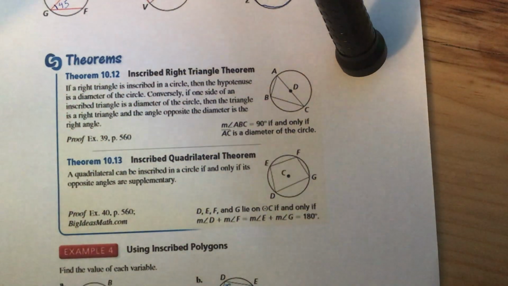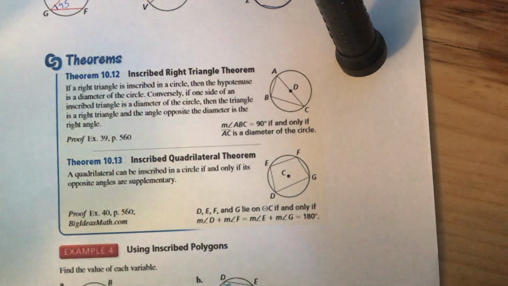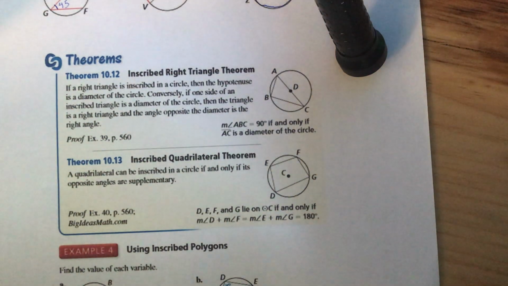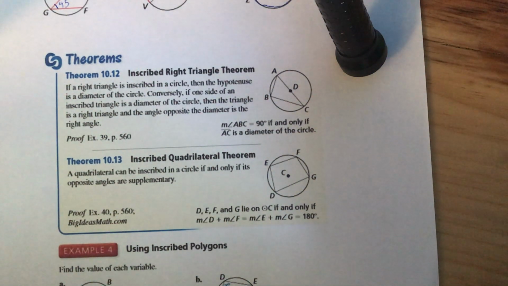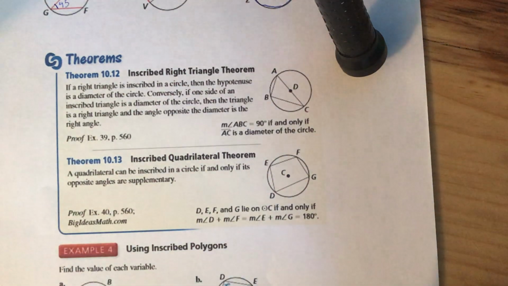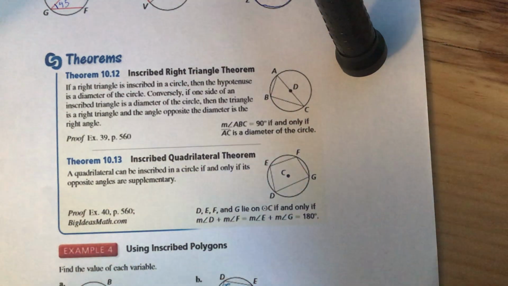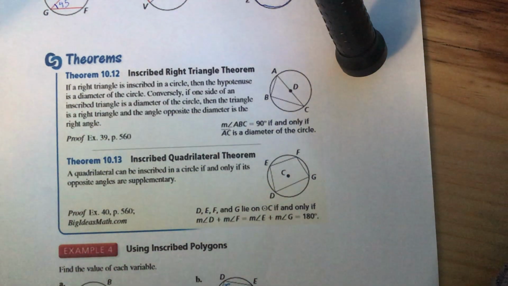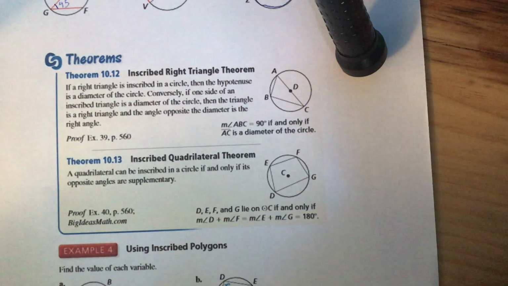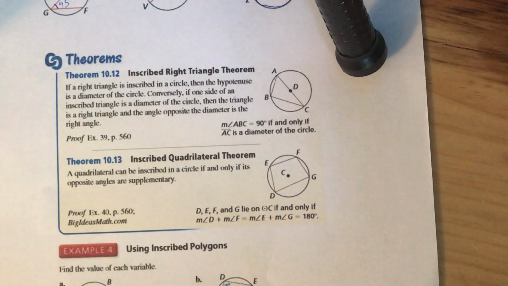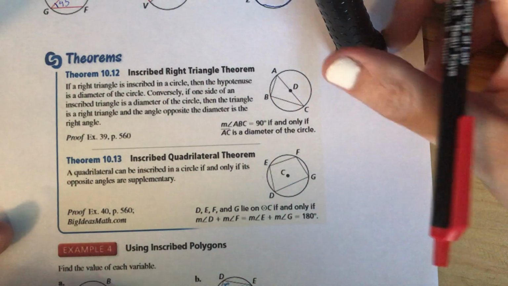All right, so the first one is the inscribed right triangle theorem. This basically tells me that if a right triangle is inscribed in a circle, then the hypotenuse is the diameter. Conversely, if one side of an inscribed triangle is the diameter of the circle, then the triangle is a right triangle. So this is a lot of words, just to basically say,